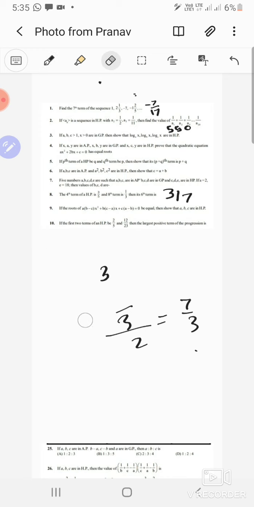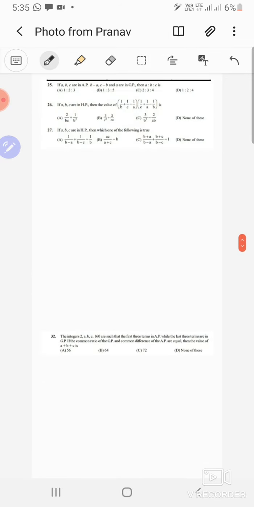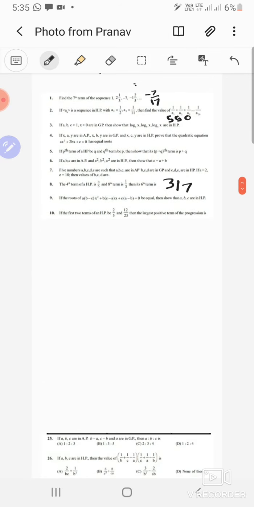Okay, if the roots of, oh, a lot of it is left. Fine, I'll just do this page and stop. If the roots of a into (b minus c) into x squared plus b into (c minus a) into x plus c into (a minus b) equals 0 are equal, then show that a, b, c are in a harmonic progression. So the roots of these things are equal,